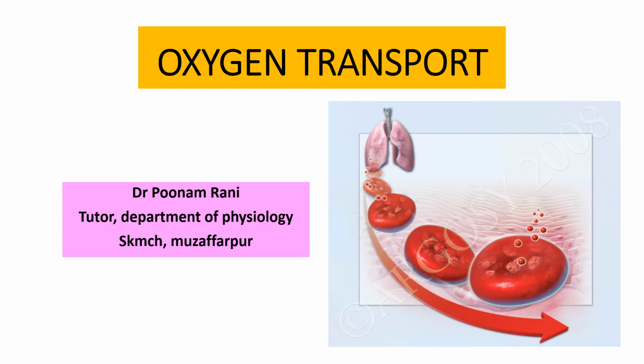We know that we take oxygen from the lungs or the alveolus of the lungs, and finally, this oxygen is transported to the tissues by the blood. Today, we will be learning about how this oxygen is transported by the blood. Is the gas directly dissolved in the blood, or is there something else which is helping the oxygen to be transported?